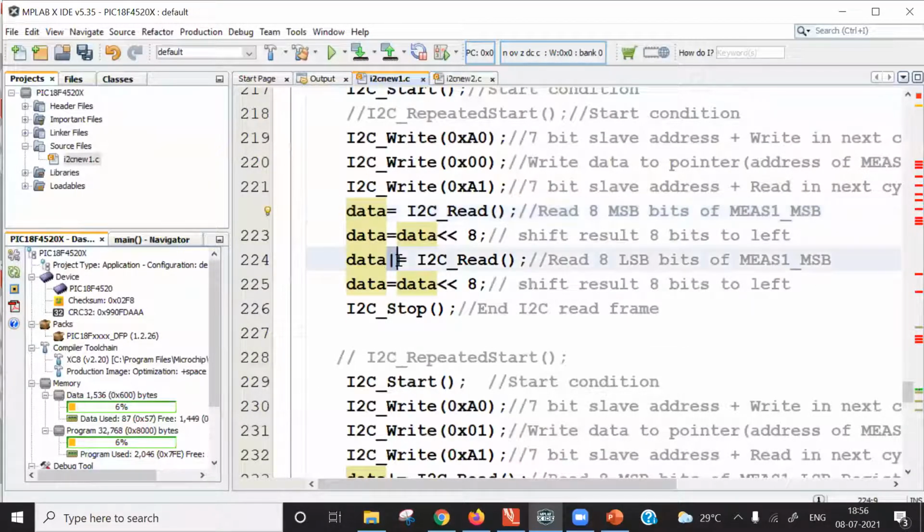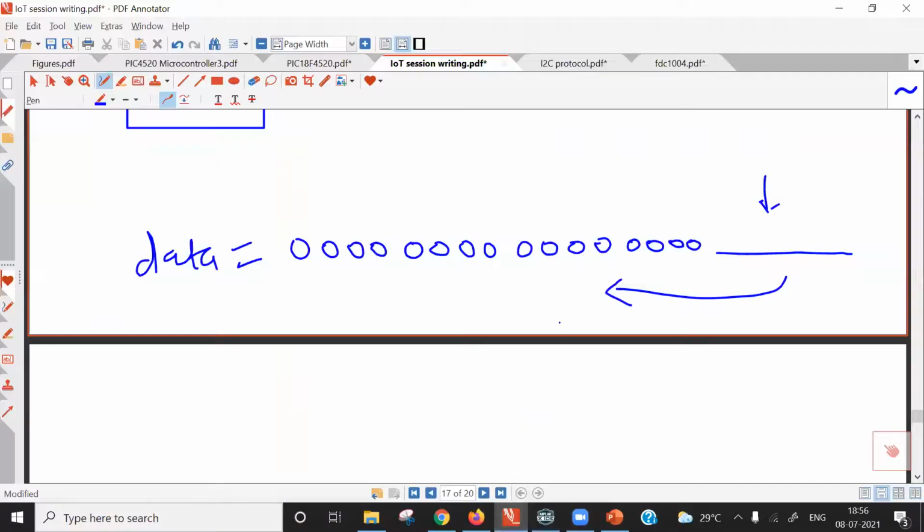Next, we are performing two operations simultaneously here. This vertical bar before the equality sign indicates a bitwise logical operation. Let me write it here.